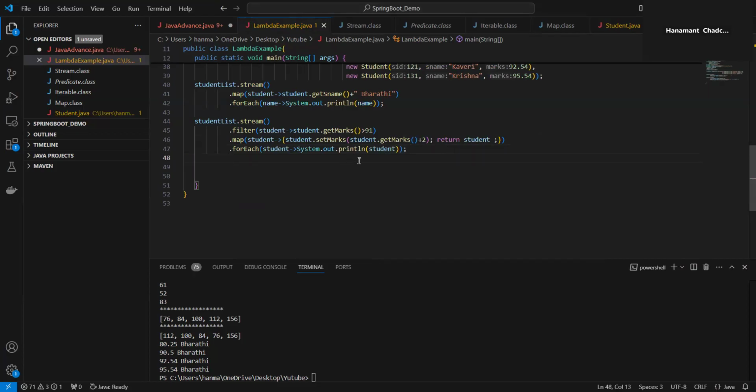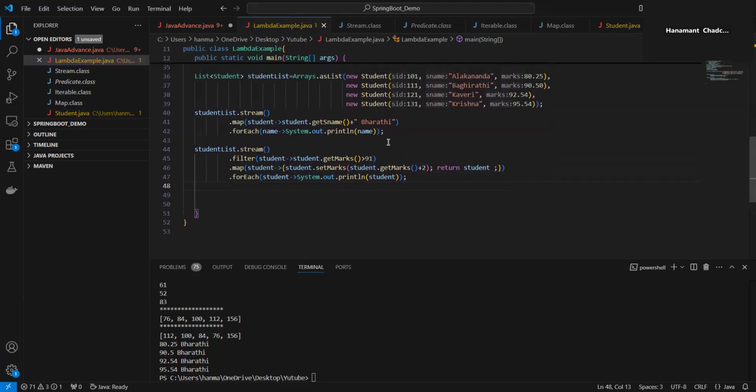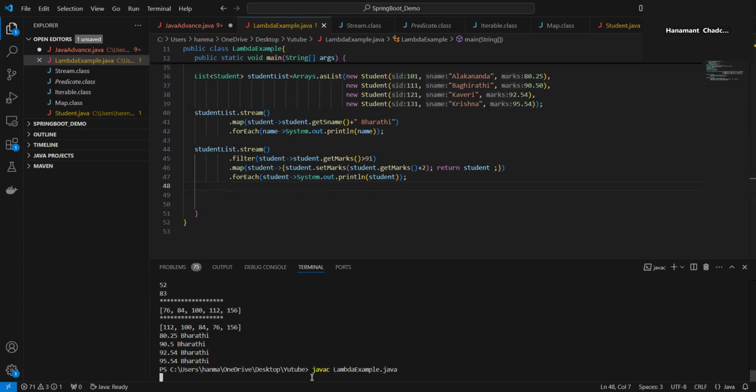So what it will do, first of all it will filter. Whichever data marks are greater than 91, it will take those data only, 92 and 95. After that, what are we doing? We are adding plus 2 marks to just those 92 and 95 and returning the object. Which object? This student object, and we are building that student one by one. So for that I have saved this one. I will compile it and run it. Compiled successfully,